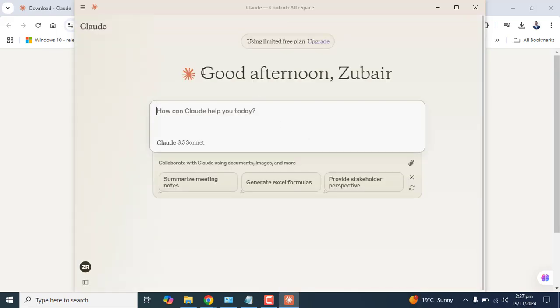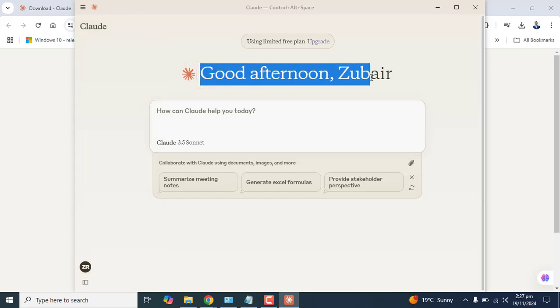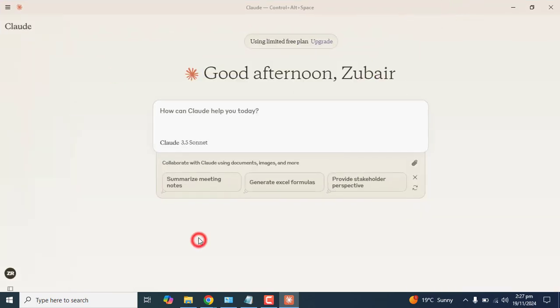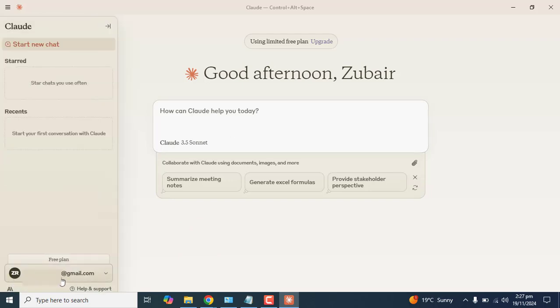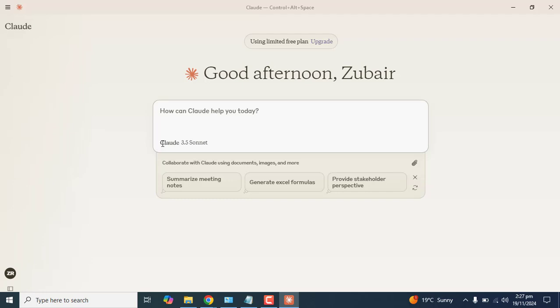Amazing. I have set up and opened the Claude application on my desktop, and I have also logged in with my Gmail account. And this is also the free version of Claude 3.5 Sonnet, right? And we can use Claude here with the free version. If we want to upgrade Claude, we can go directly here, use the unlimited free plan, and we can go to